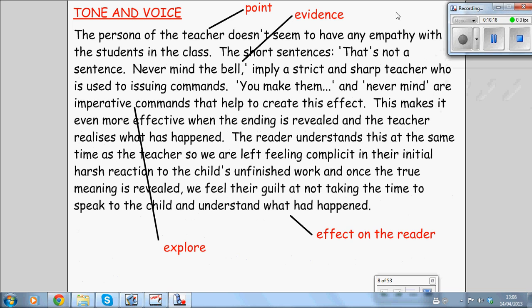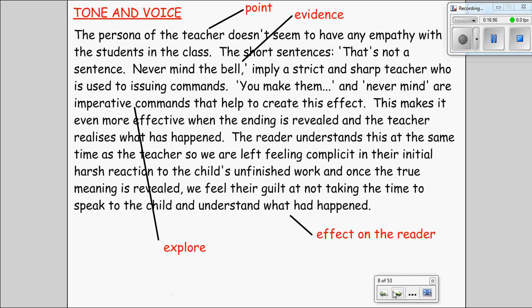And if we move on to the next part of the essay, talking about tone and voice. So again, if you want to pause this and read through it, this might just be one of the paragraphs that you would use. You might add another section afterwards about tone and voice, but you can see how I've made a point, I've given evidence to support it, and then explored the language in more detail, saying that it's an imperative and why that is being used, what the effect of it is, and then the big chunk of explanation is about the effect on the reader. So it's using the 7 stages to try and develop these key points and extend them in more detail. So again, if you want to pause that and read it through.